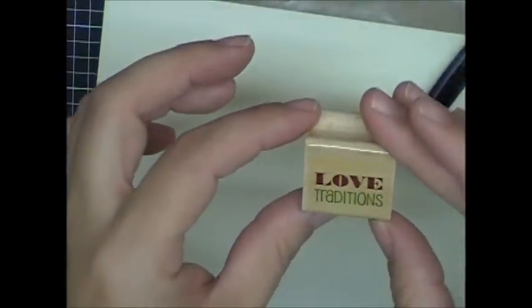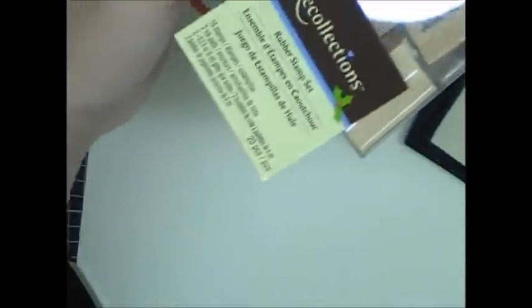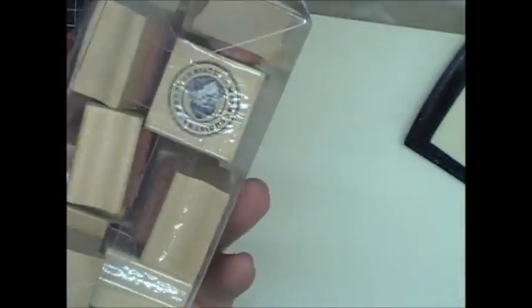It says Family Love Traditions, in let me see, one of these things, Recollections, with a bunch of little stamps, good for calendars, and they're teeny tiny, stuff like that. So I'm going to take this, and I do need a few, so I'm just going to go ahead and do them for once, and I will be punching them out, so